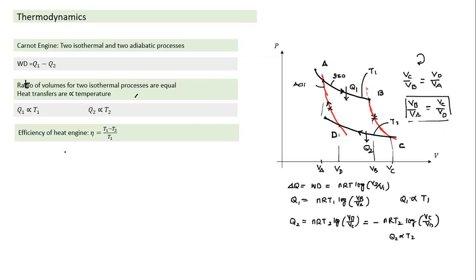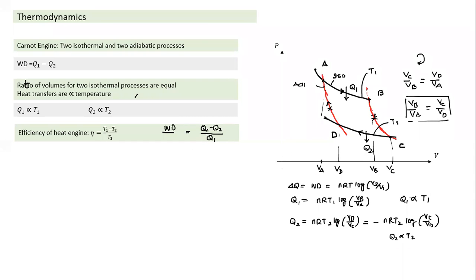So when I calculate the efficiency of the engine, what is the efficiency here? Efficiency is equal to work done divided by input. Work done is equal to net heat supplied, Q1 minus Q2. But what is the input here? We take only the input part. We don't subtract the waste here. Q2 is waste. That's the efficiency of the engine.